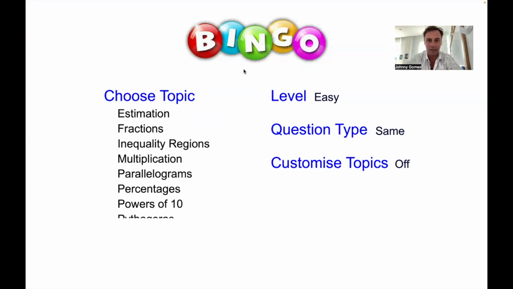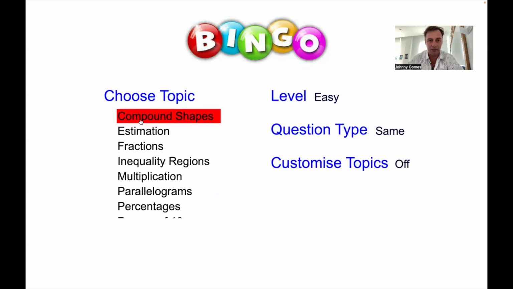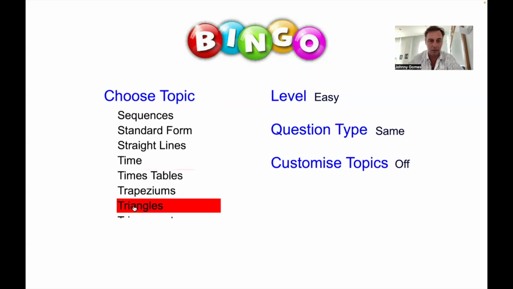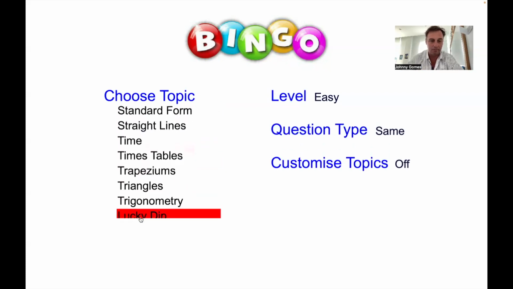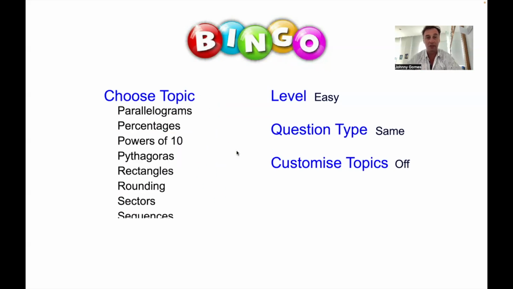It generates questions dynamically on a variety of topics, which we can see here: angle facts, circles, compound shapes, all the way down to trig, and then I've got this thing called lucky dip. And it will just generate endless questions and give the answers to them. Now, I originally designed this as a bingo game, and it goes